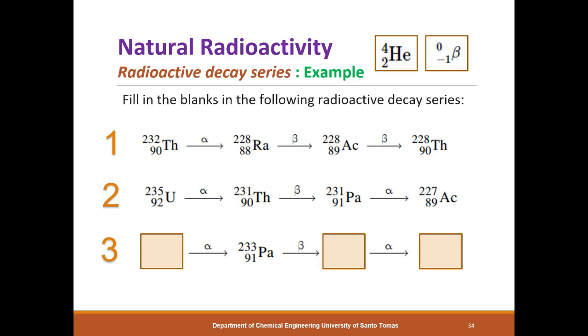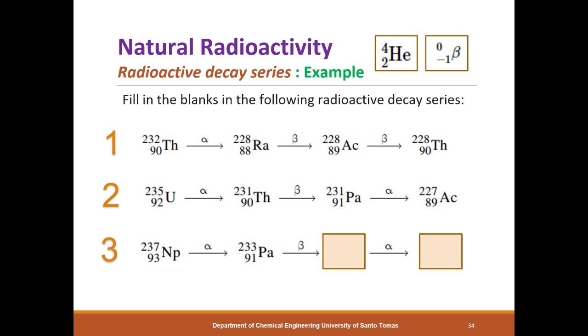Then last in the series, we are to start with the given palladium-233. So this is a result of an alpha decay from an unknown isotope. So instead of decreasing the atomic number and the mass number, we will try to increase it. So from 233, we add 4 in the mass number, and in the atomic number, we will be adding 2. And this will actually result to